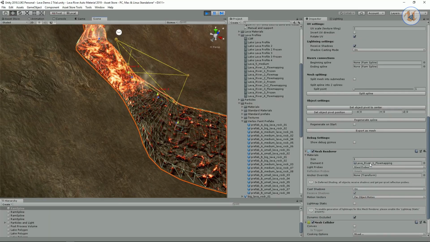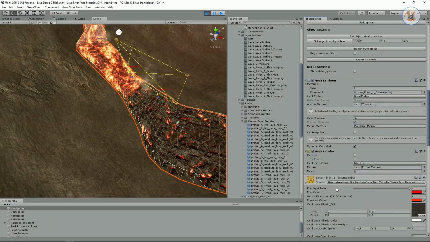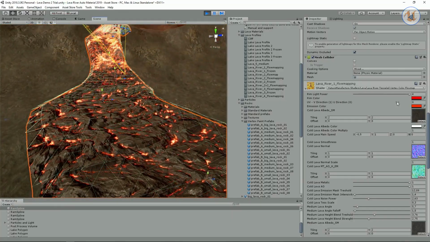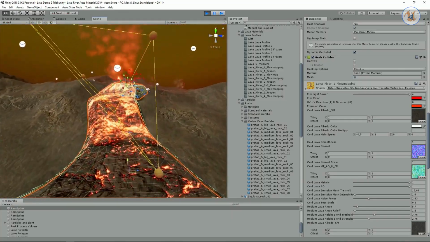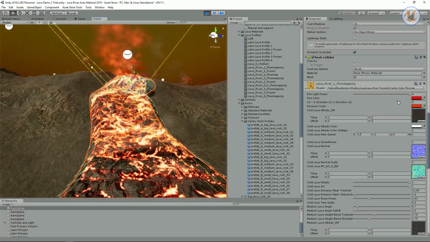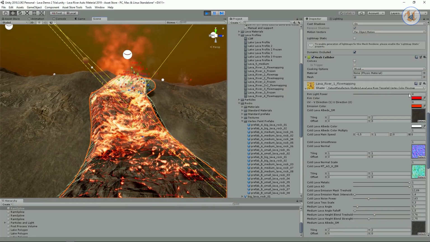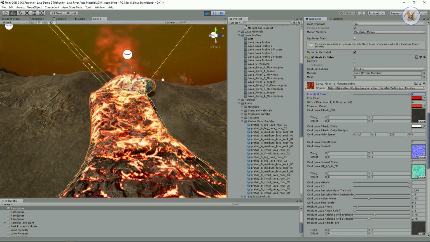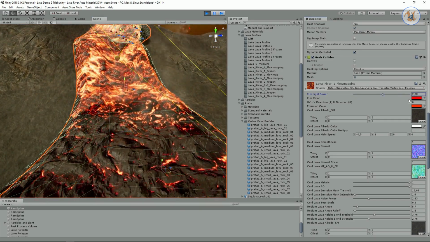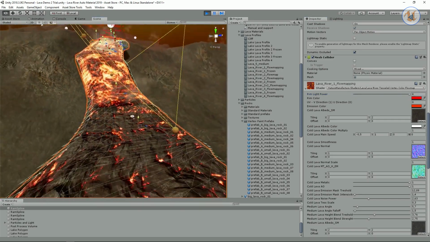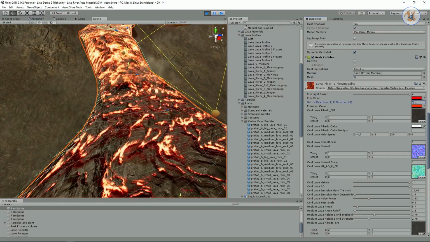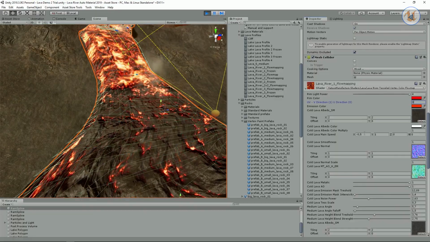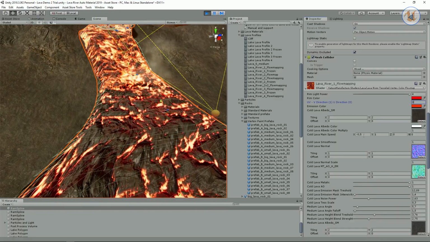So I think there is another thing that we could show. There is a lava material. I think it's very important to know what happens there. Beside the rim light and emission colors, which are pretty simple, I would say there are a few sections in the material. Lava, basically, in lava you could manage the UV and speed of the